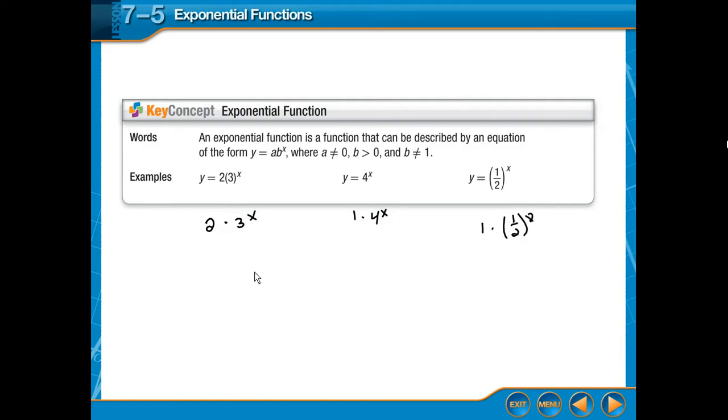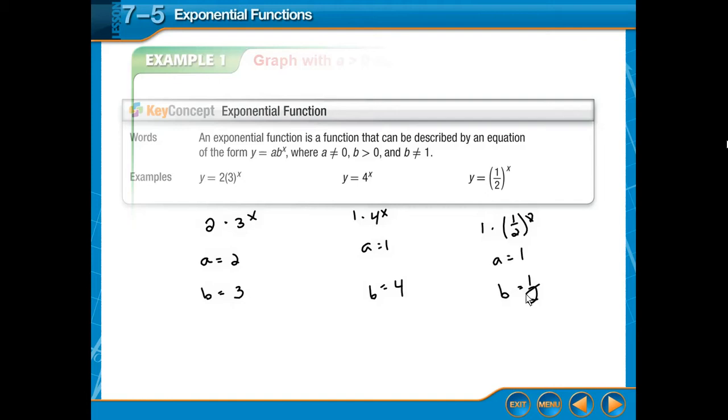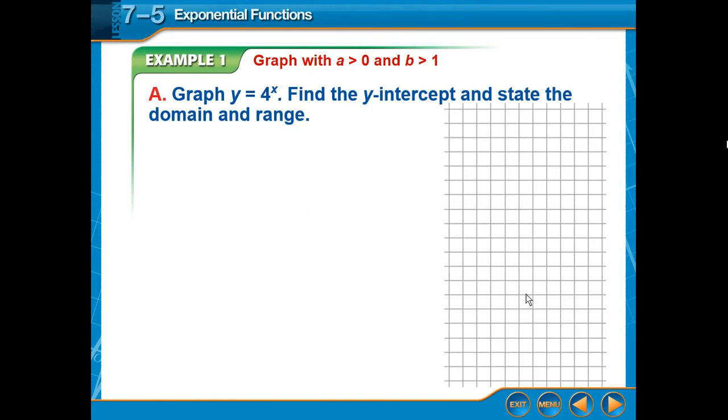So in this one here, your a would be 2, your b would be 3. Here a is 1, b is 4, and a is 1, and b is 1/2. Okay, so we want to graph a function when a is greater than 0 and when b is greater than 1. So if I want to look at the graph of y equals 4 to the x, what I'm going